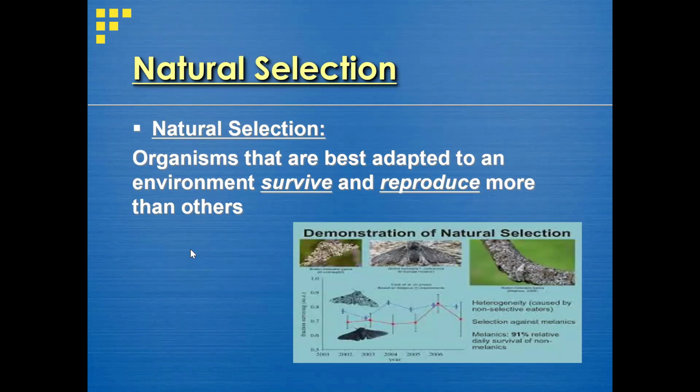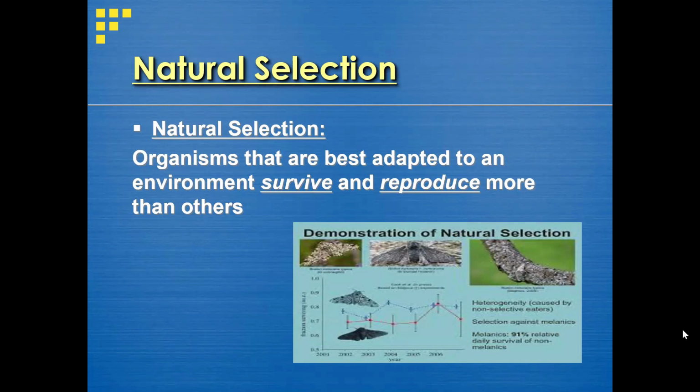So if the environment changes, that change makes some of those organisms that already exist in the environment adapt to that particular environment, and those that cannot survive it will die. So the process in which naturally some living organisms survive with the change in the environment,